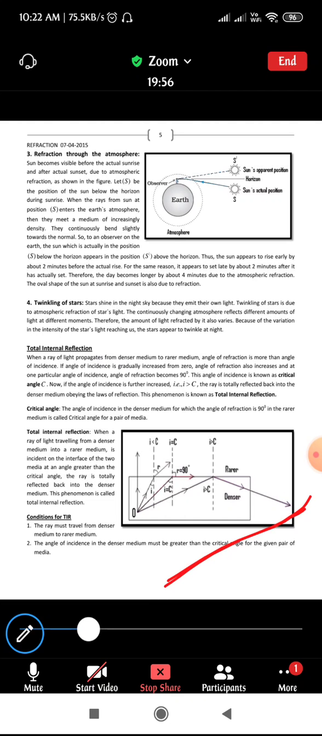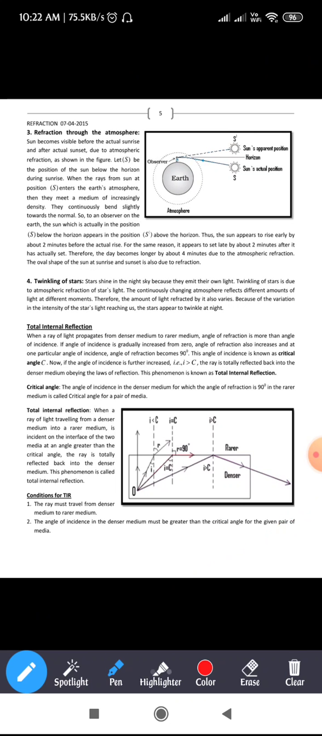Okay, so next are the two topics, refraction through the atmosphere and the twinkling of stars. I think you have studied this in your lower classes itself, right? Anyhow, we will just go through it. The sun becomes visible before the actual sunrise and actual sunset due to atmospheric refraction, as shown in the figure. Let S be the position of the sun below the horizon during sunrise. When the rays from the sun at position S enter the Earth's atmosphere,